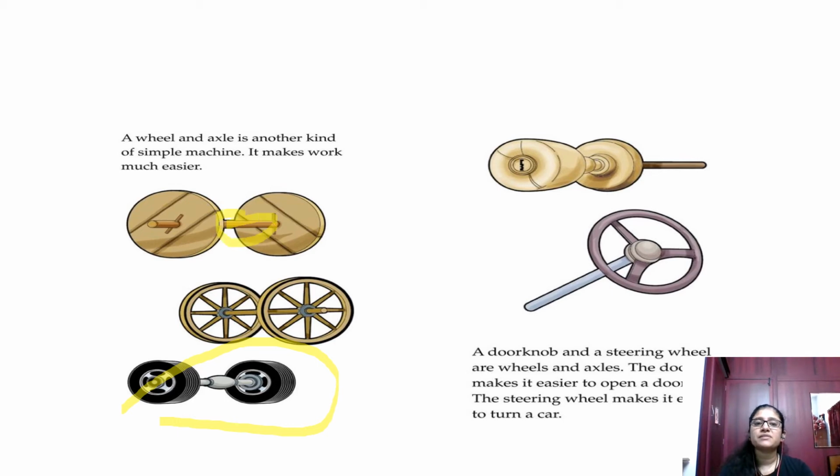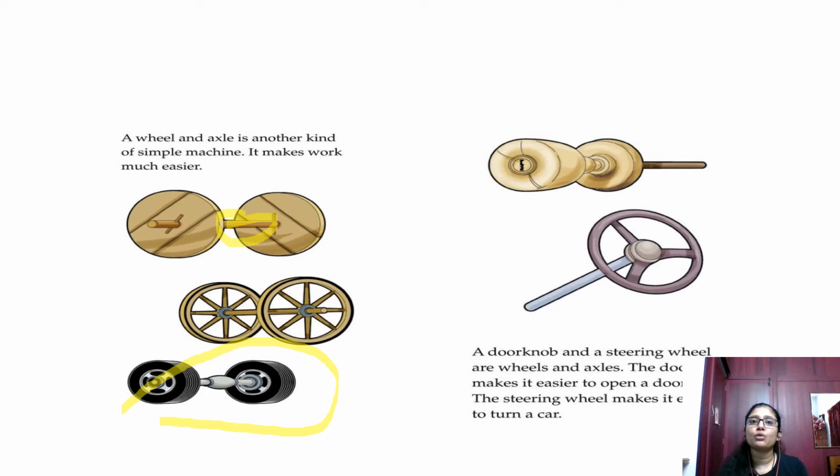You would have seen it in a car, I will give the example of a car. The steering of the car is acting as a wheel, and the wheels move, isn't it? When you rotate the steering, how does a wheel move? Because the wheels are connected with the axle. From the steering there are two axles that pass on to the wheels, and that is helping the car to move. So that is why when you move the steering left or right, the wheel rotates, the wheel moves, either to the left or to the right. If you want to change the direction, you can use the steering. So that is connected in that way.